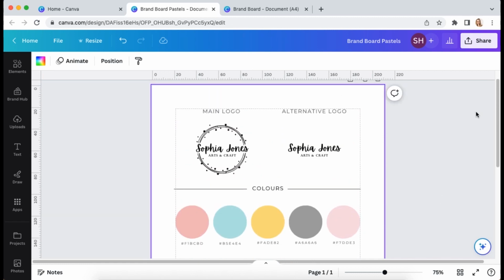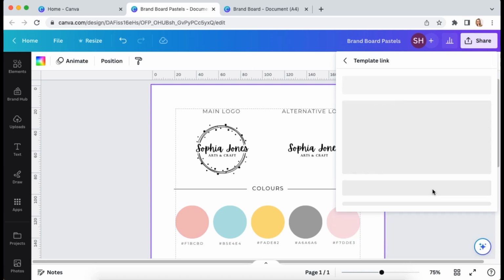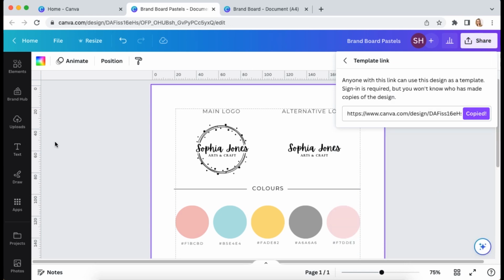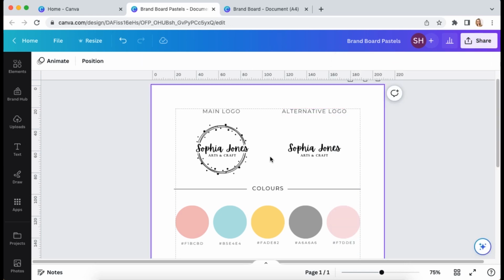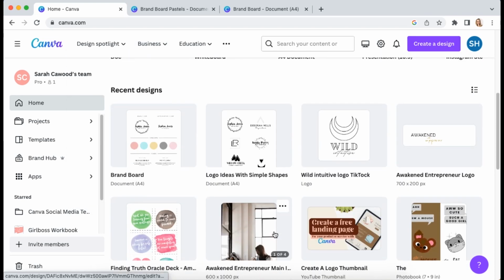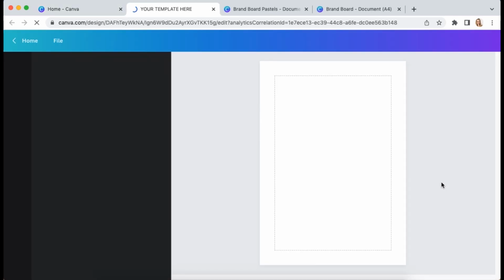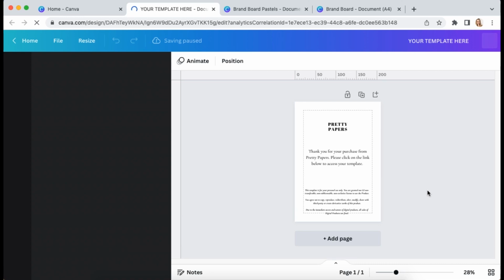talking about. And then you would go to share, and then you would literally go to template link, and it would bring up a link. You copy that, and then you would paste that into, I always use another document. I do have a Canva share document. I'll just pull it up if I can find it, which I did in another video, and I will link that as well below. I did it here for an example business, and